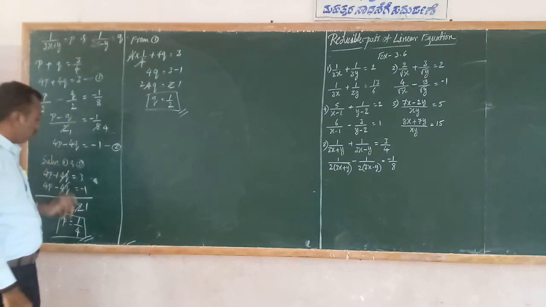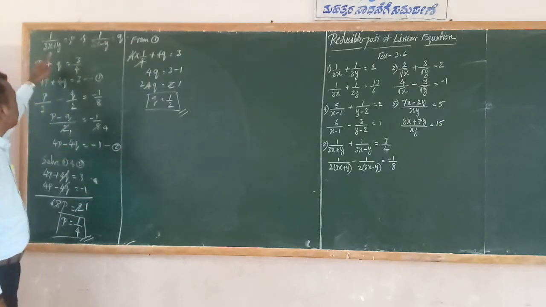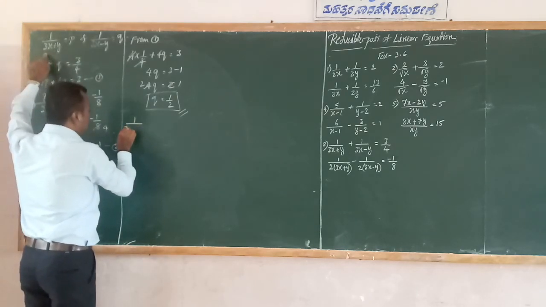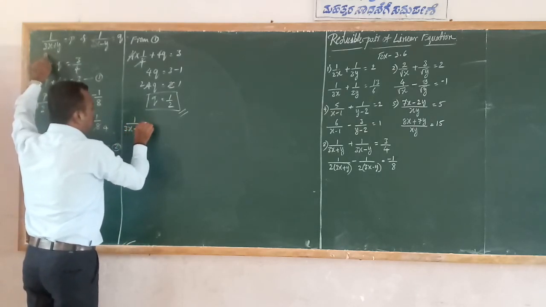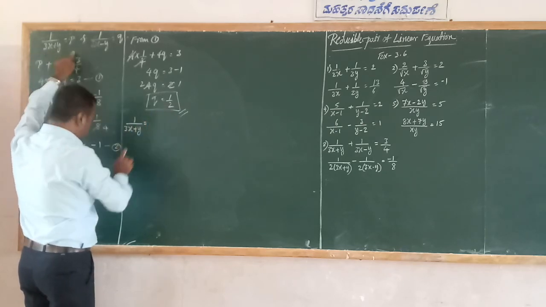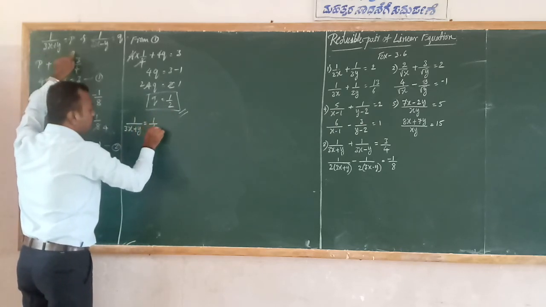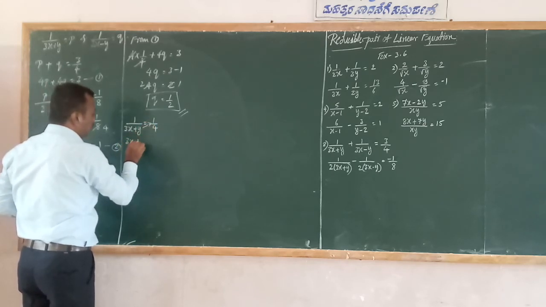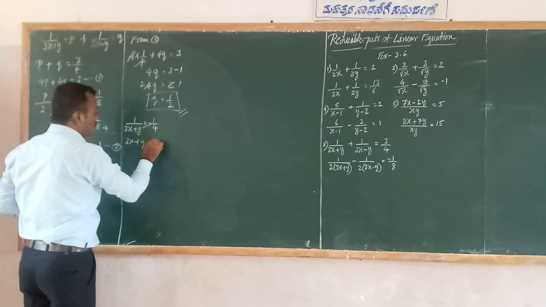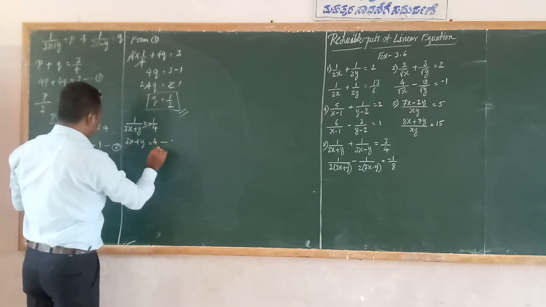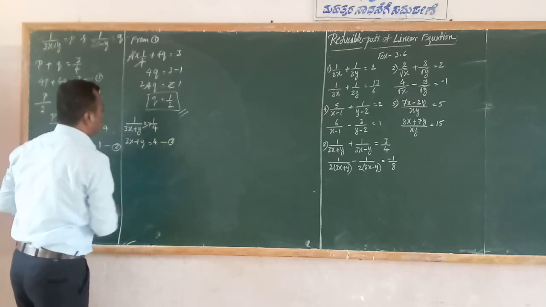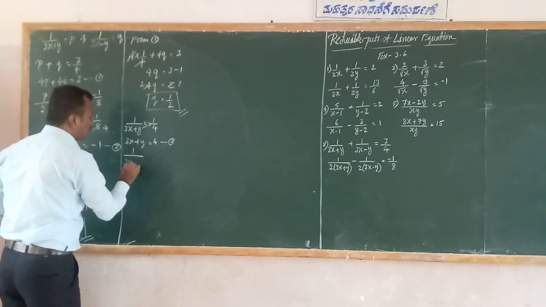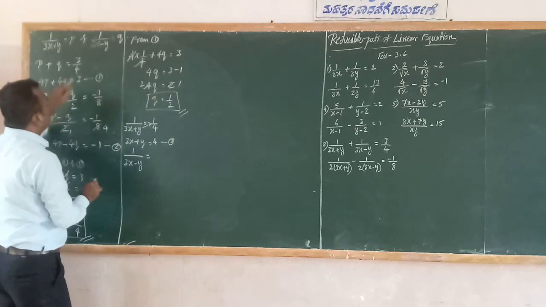Now, this p and q, we have to substitute in the reducible form. So 1 upon 3x plus y is equal to, what is the value of p? p means 1 upon 4. Now we have to cross multiply that. 3x plus y into 1, 3x plus y, is equal to 4 ones of 4. This is called equation number 3. Next, like that, 1 upon 3x minus y